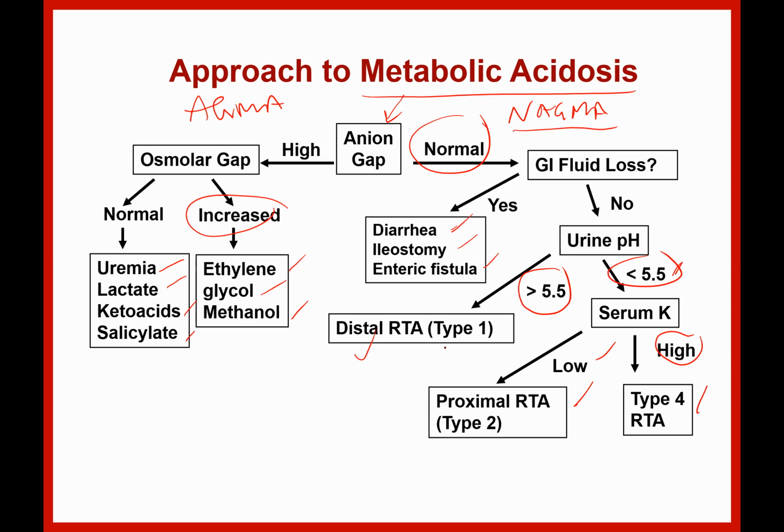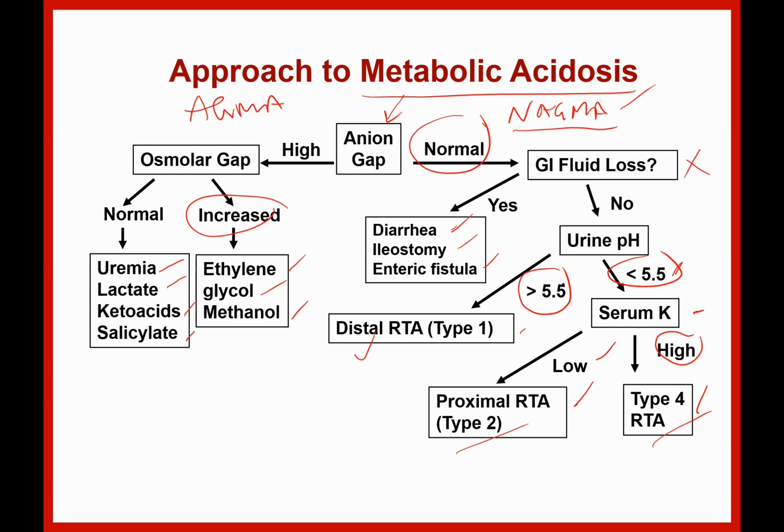Now, this RTA by definition will throw a NAGMA and it is not associated with a GI loss. Okay, and then look at the pH. Is the urine enough acid or not that much acidic? If the urine is enough acidic, then look at potassium. If the potassium is low, it is type 2. Potassium is high, it is type 4. If the urine pH is less than 5.5, then this is distal renal tubular